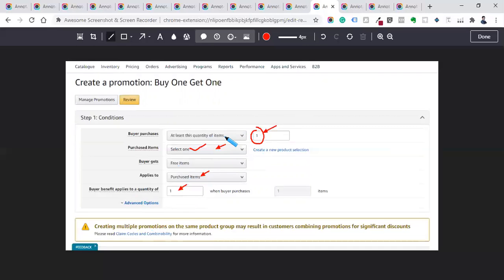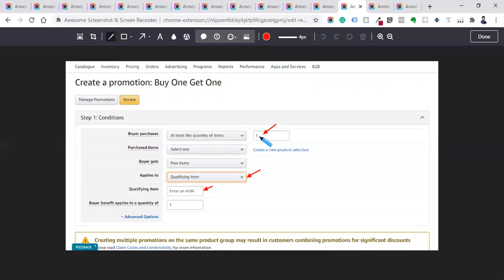In case you want to do an offer where if somebody buys a kettle, you are going to give a flask, you have to mention this unit as 1, and you have to choose kettle here. And if you click on this drop down option, you will see something called qualifying item. Here you can mention that flask ASIN number and how many quantity you want to give, and the rest of everything is the same.